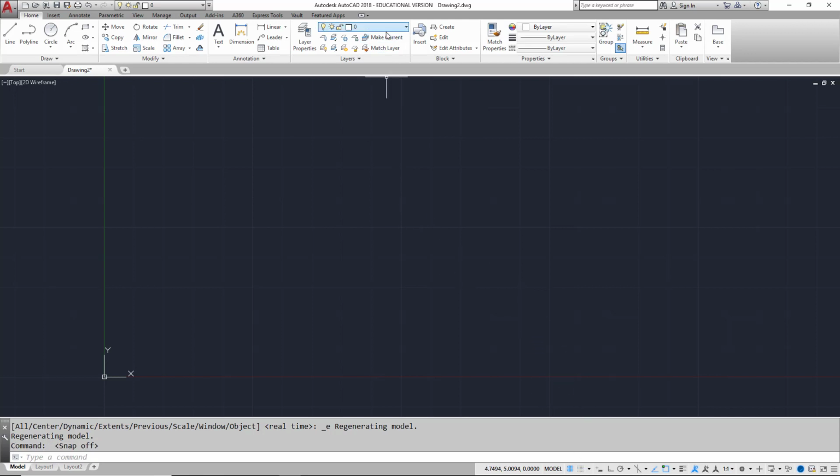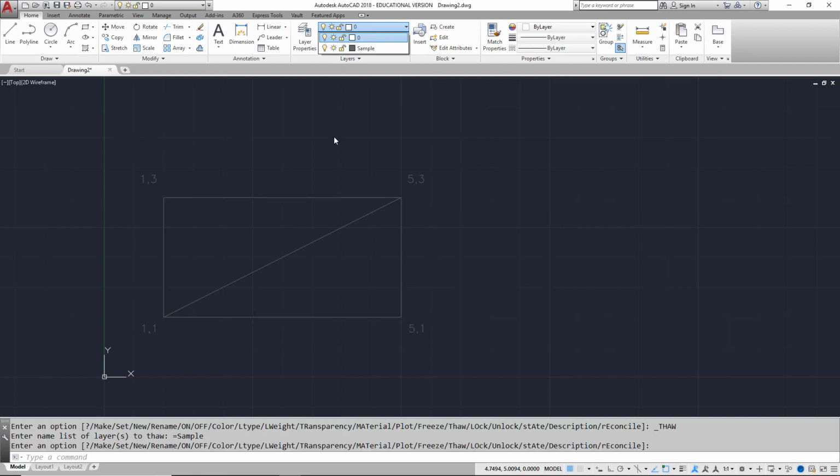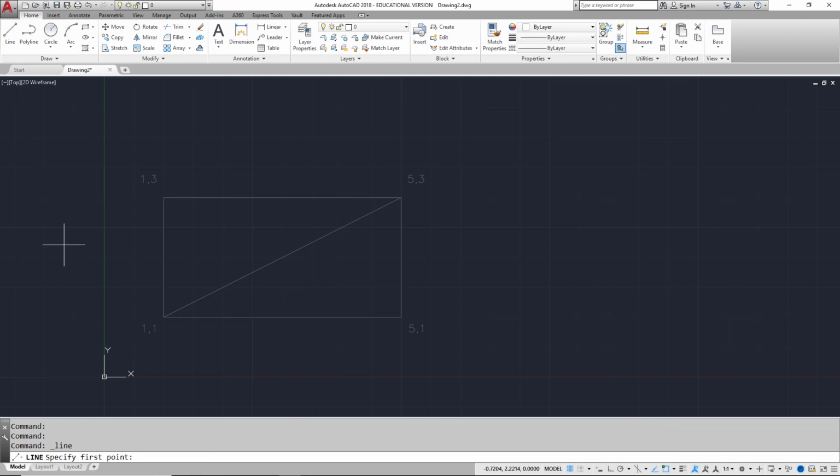I'm going to now display some previous drawing that I've done. I'm going to illustrate how to use absolute coordinates by drawing over the top of this figure. Notice that I've already drawn it and I've put in the coordinates so that we know what we're going to. Beginning with the line command, notice on the command line it says specify the first point. I could move my mouse up here and I could just pick it like that, or I could type it in. In this case, that first point is going to be 1, 1, so I just type in 1, 1